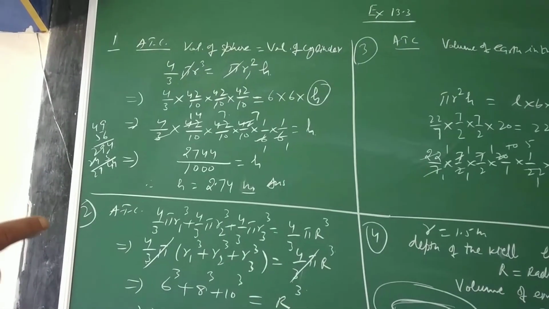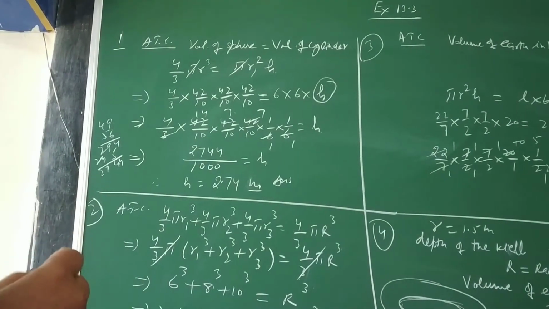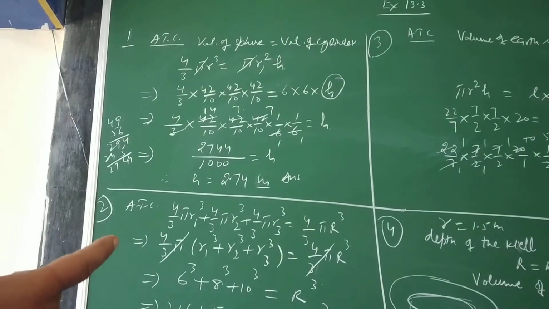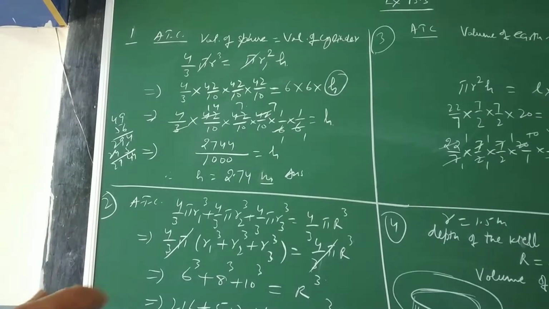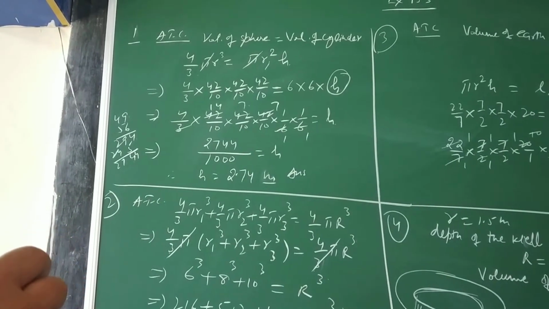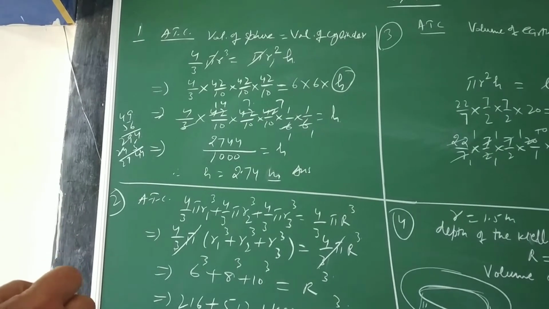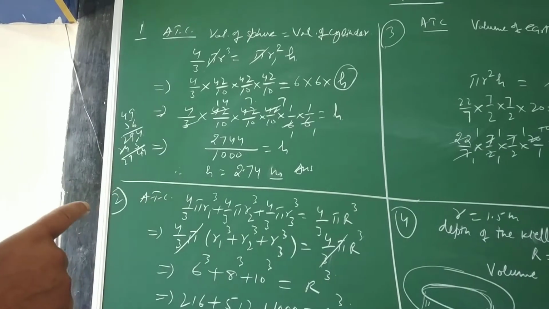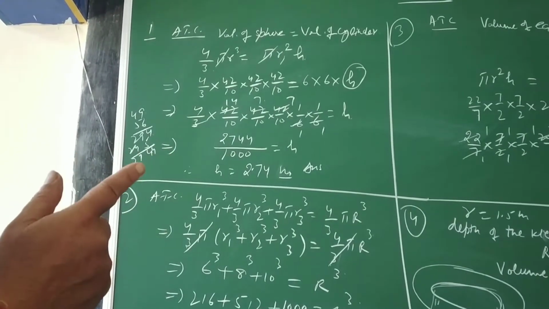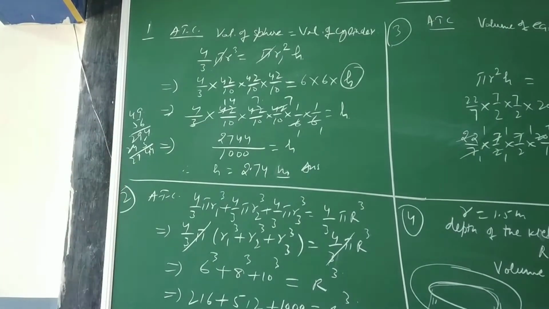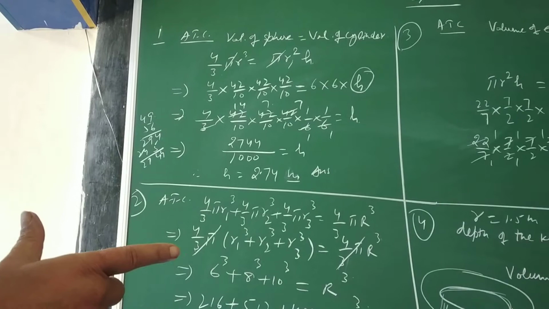In this exercise, in all questions you need to keep a check that one solid is converted into another. Please read the question carefully and compare those two solids' volumes. Your first question is: a metallic sphere of radius 4.2 cm is melted and recast into the shape of a cylinder of radius 6 cm. Whatever the volume of the sphere is, that is the volume of the cylinder. So you need to equate those two volumes, substitute the given values, and make the quantity you want to calculate the subject.